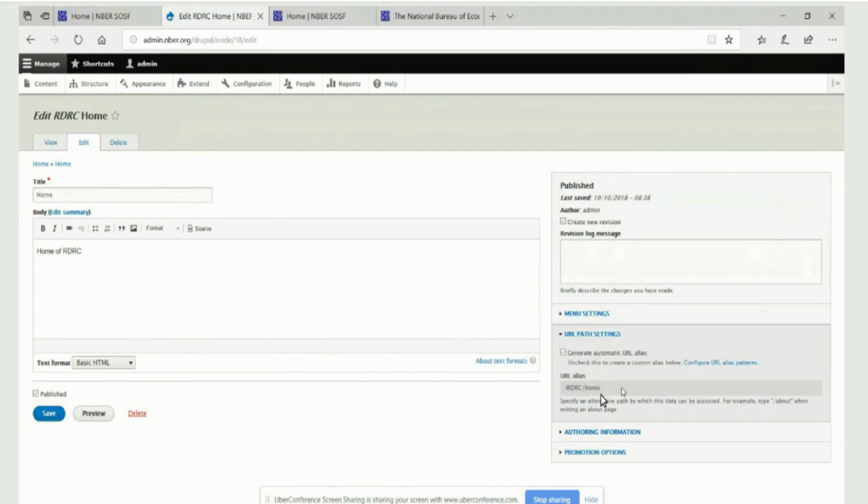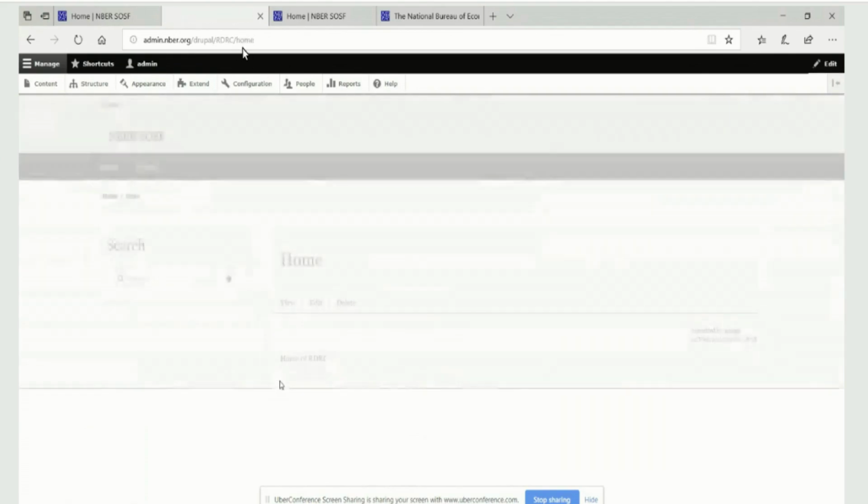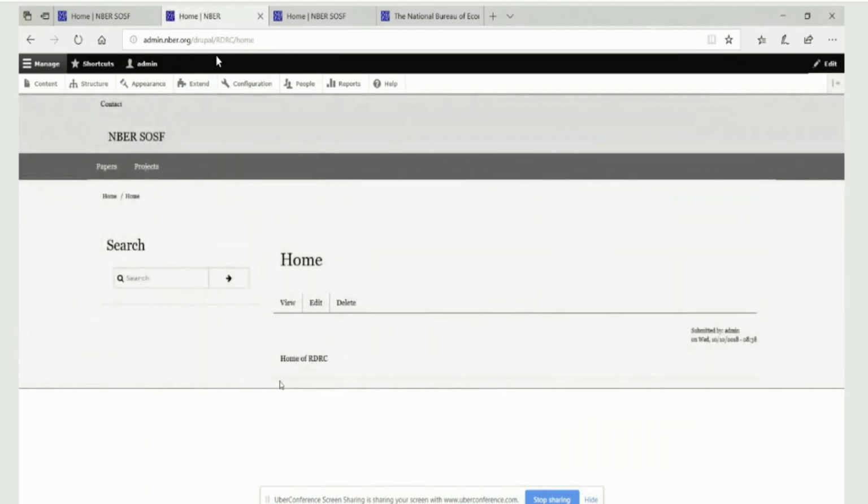Okay, so it is getting the alias. For some reason, it's not forcing us to put it. Yep. Okay, so that's correct. That's what we want. So that looks great. Sorry, and then if you go back to view, okay, perfect. So the alias is there. Sorry, it was showing the node before, but that looks great. So you're doing that correctly. And then you want to make sure that